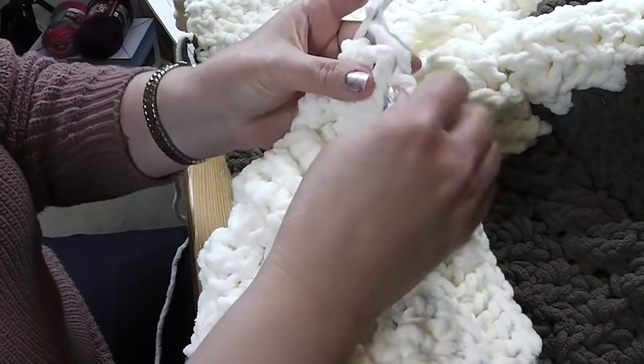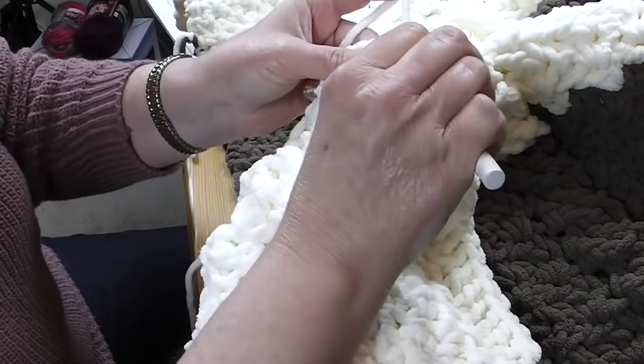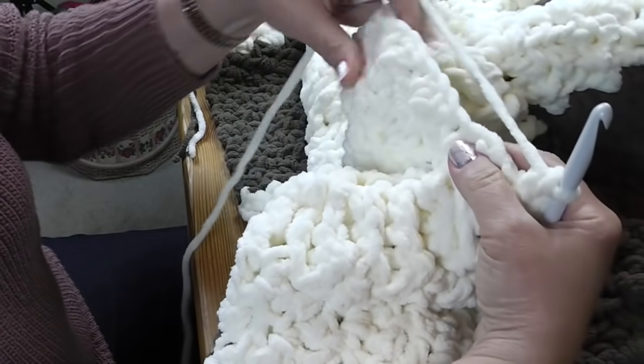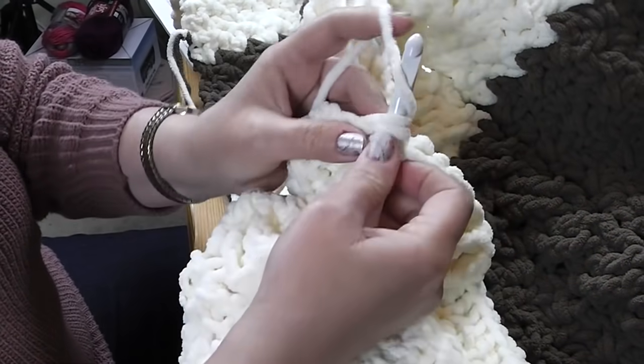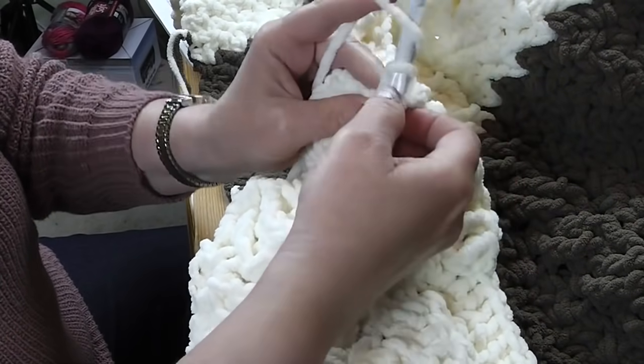I hope you can see this. I think by now, if you've gotten this far in the project, you're doing well. All right, so now we come to the wattle stitches again, and we're going to do just what I did with the others. We're going to work 2 double crochets in that chain 1 space,